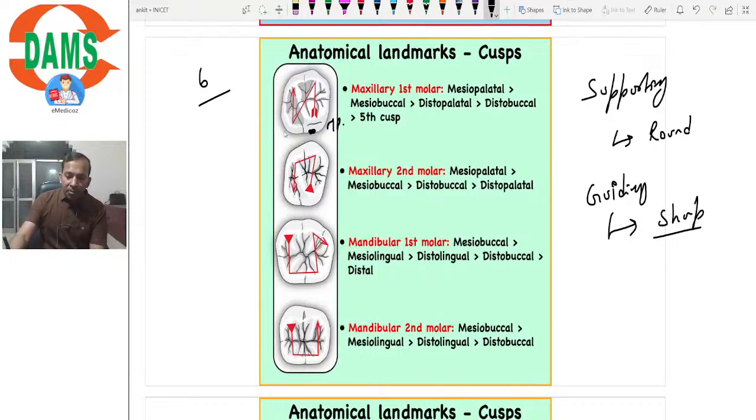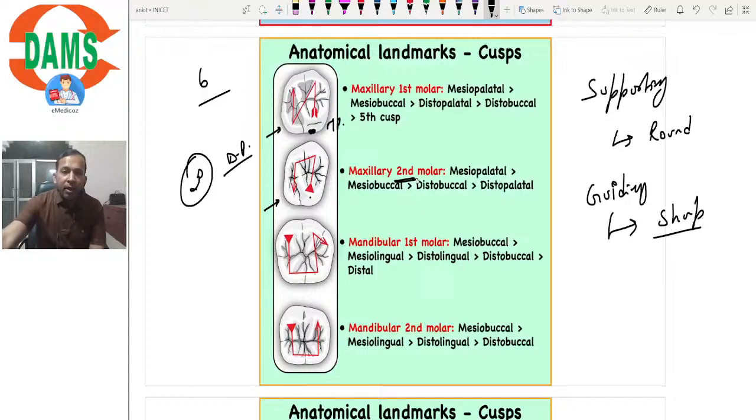क्योंकि distopalatal cusp is the secondary cusp. This is the secondary cusp. ये evolution में late appear हुआ है, right? That's why its size will decrease rapidly from first to second to third molar. And you will see that though the mesiopalatal remains the largest, the distopalatal becomes the smallest in maxillary second molar,